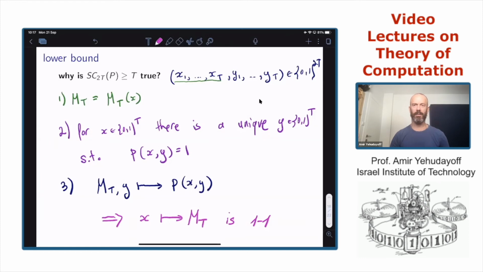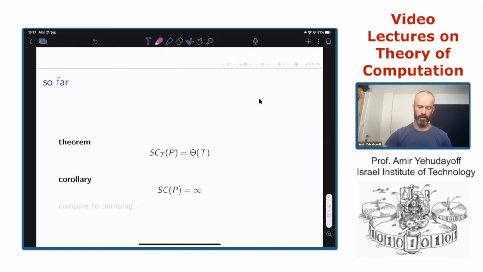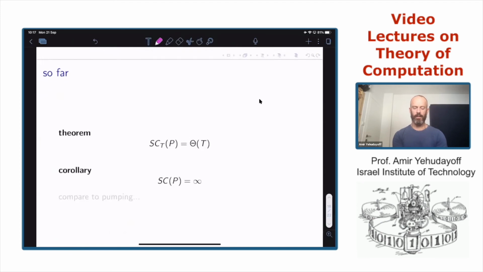So this is the lower bound about the streaming complexity of palindromes at time 2t. The summary of all of this is that the streaming complexity of palindrome grows linearly in time. A corollary from this is that if we want an algorithm to work indefinitely for all times, then its memory size must be infinite.